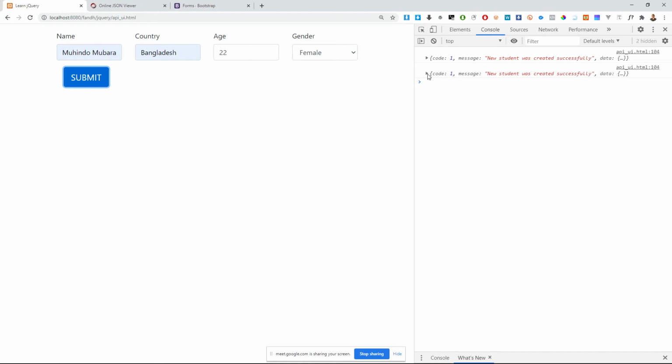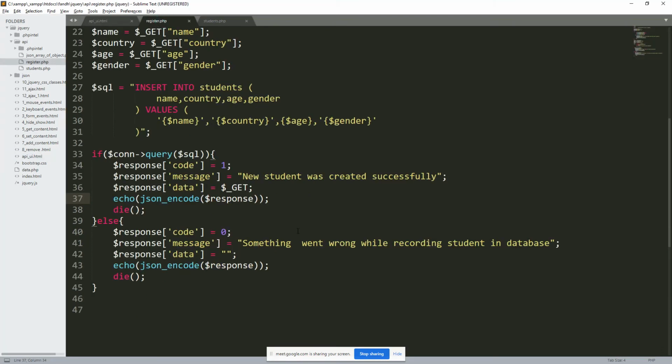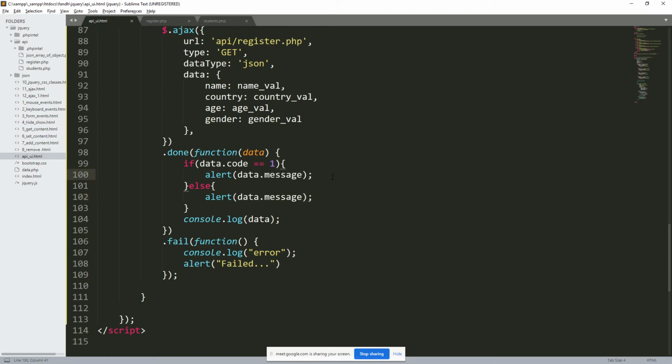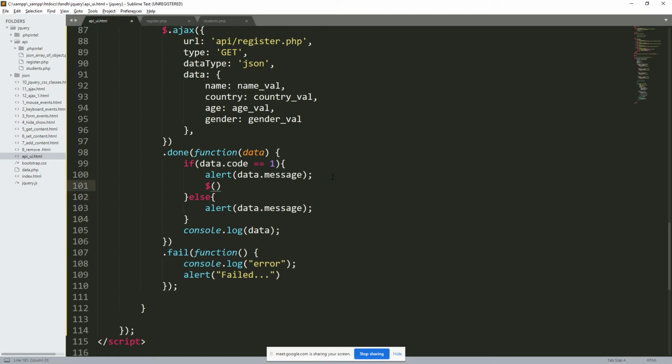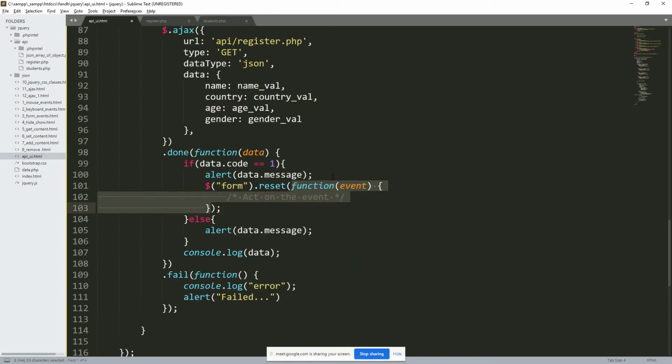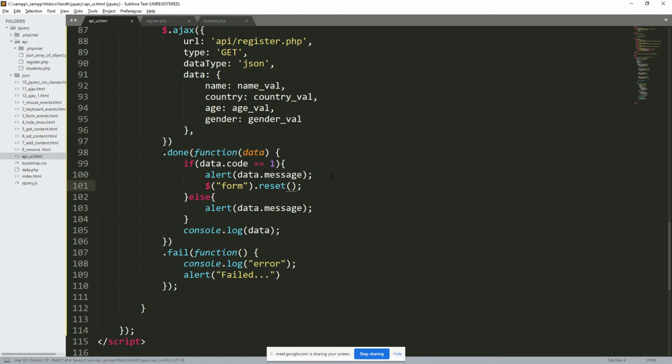And you can see these people have been registered to the database, because this code is only executed when there is successful registration in the database. So here, when it is successful, I want to clear the form. So I can just get all the form elements, since I have only one form, and then I put the dot reset. jQuery has a function called dot reset. So this dot reset will delete everything in the form